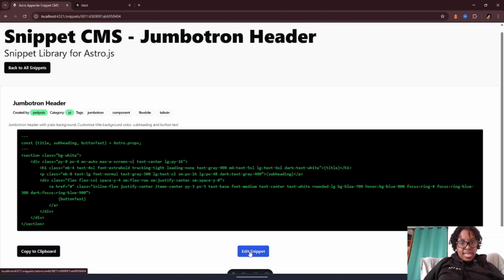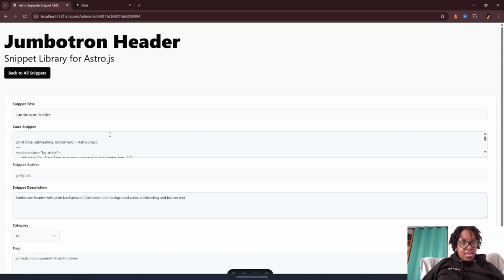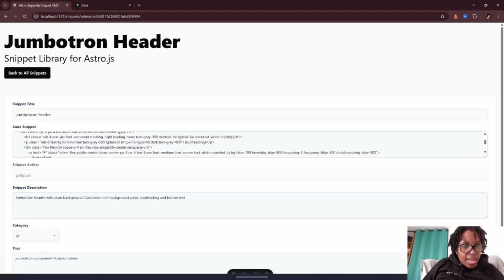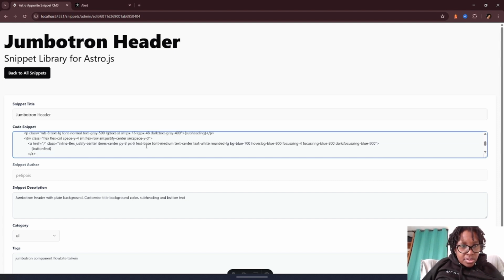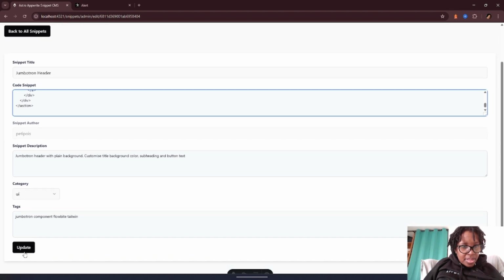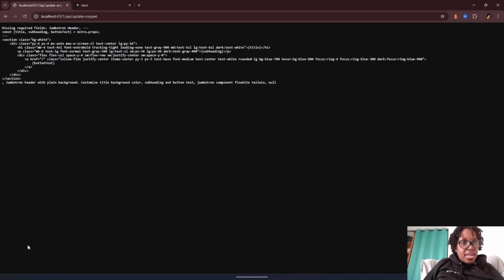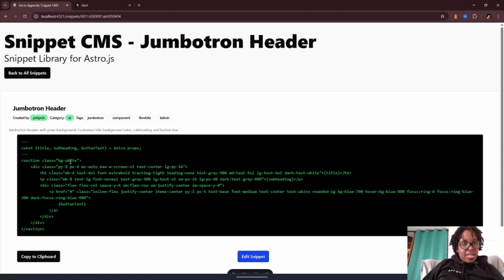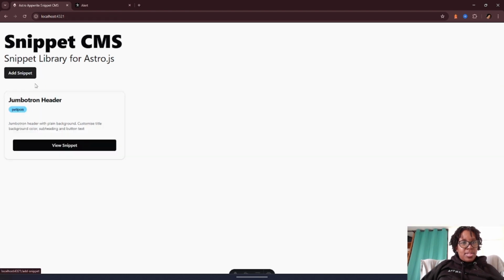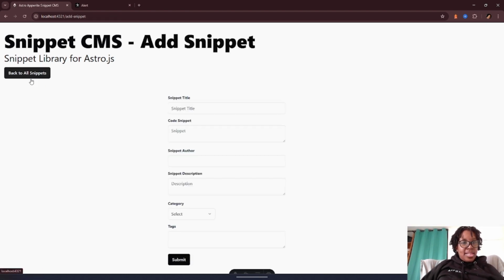So we can edit the snippet. Change this here to a slash. That works. Okay, say update. We need to check the update. Okay, so that we need to sort out. But if we viewed the snippet anyway, so back to all snippets, we can add a snippet and we say